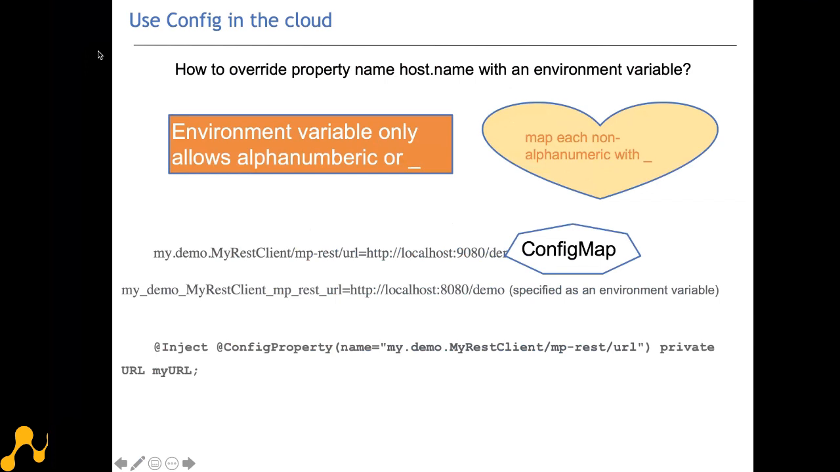We map each non-alphanumeric character to an underscore when it comes to lookup in the environment variable. So, for example, in this slide, the property name is my.demo.myRestClient/mp-rest/URL. We can directly map all the dots, slashes or hyphens into underscores. So you can see my_demo_my_rest_client